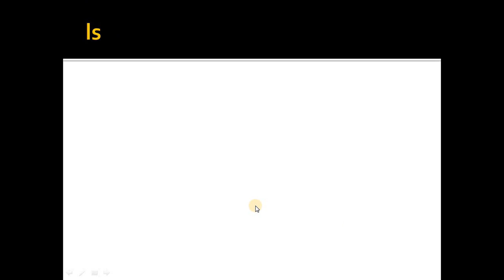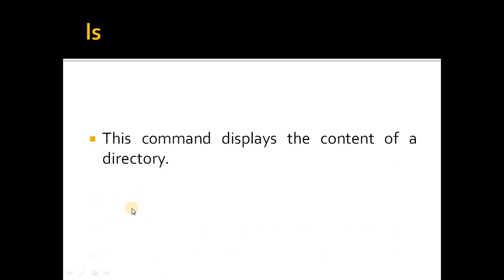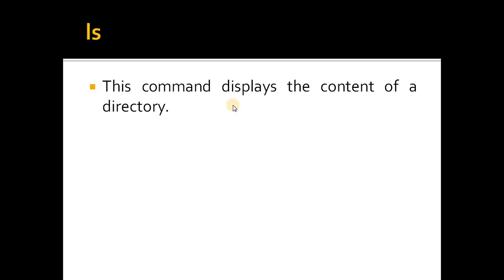Next we'll move on to the most important command in Linux, that is the ls command. ls stands for listing. This command displays the content of a directory. So which files are included in your directory? Like in DOS we use the dir command, in Linux we are going to use the ls command.